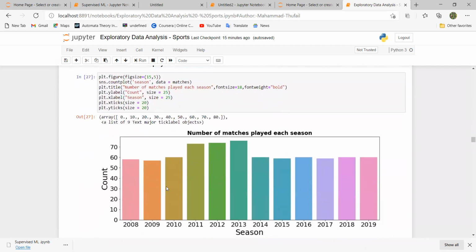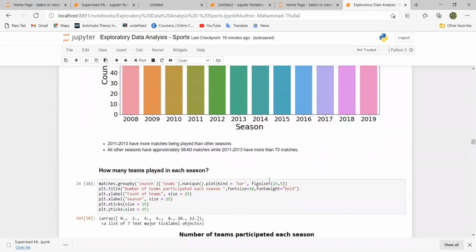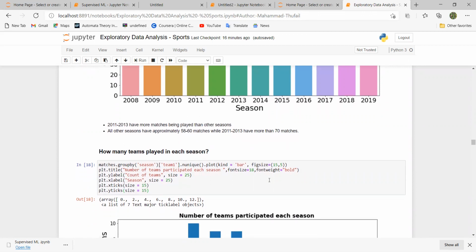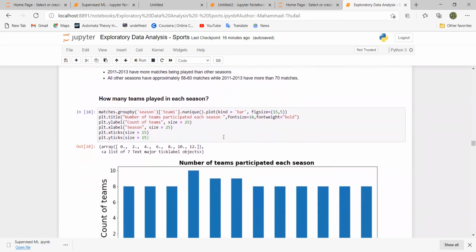This is plotted between count and season. The number of matches played in each season is plotted like this. We note that 2011 to 13 have more matches being played than other seasons. All other seasons have approximately 58 to 60 matches, while 2011 to 13 has more than 70 matches.